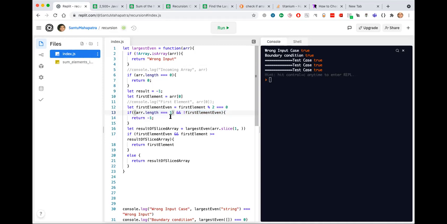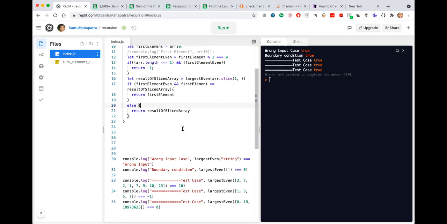If it's the last element and it is odd, then return -1. If there are no even elements, this line 18 will never be executed. So the reason this line 14 works, if our array does not encounter a single even element, this will never be executed, this line 18, and we will always be in recursion.